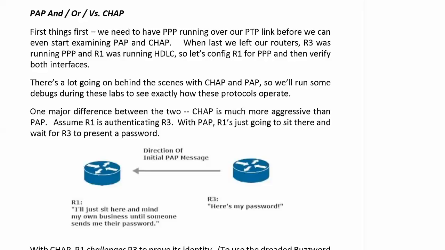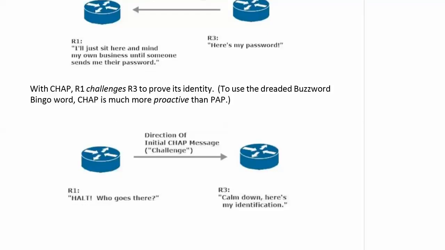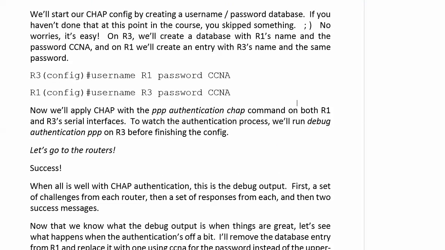authenticate. Well, with CHAP, Router 1 challenges Router 3 to prove its identity. And to use the buzzword bingo word, I promise I won't use this word very often, CHAP is much more proactive than PAP is. But it really is. R1 now is basically saying, halt, who goes there? And Router 3 is saying, hey, hold your fire, calm down, here's my identification. So that's one major difference between the two, and I think we'll see at least one more before we're done